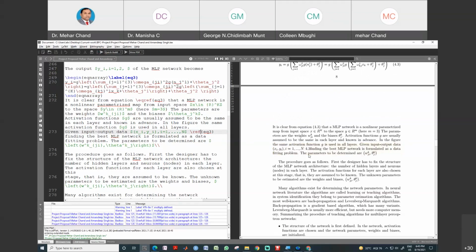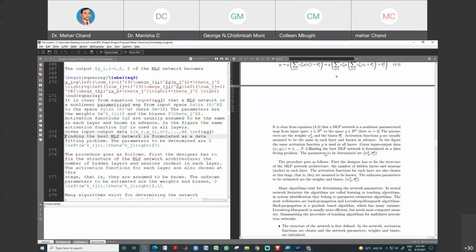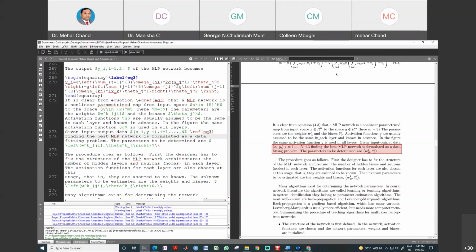So this appeared in the second last line of the first paragraph, that is 4.3, we can see here.